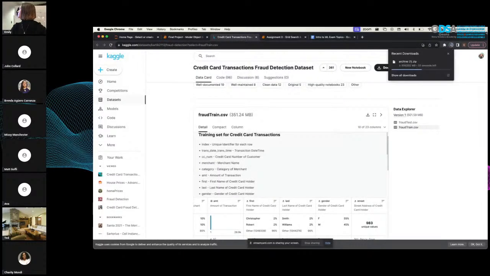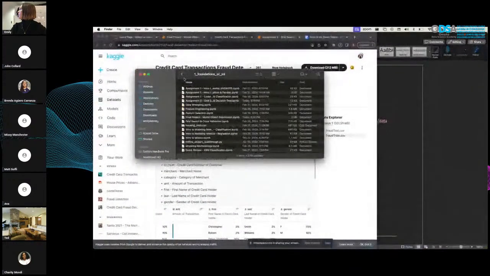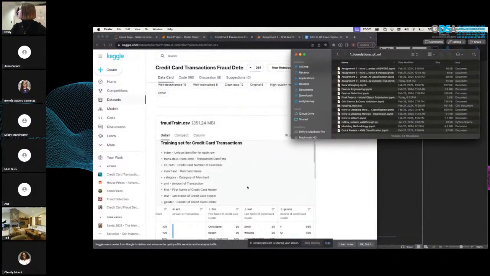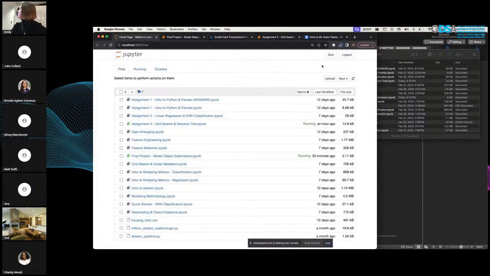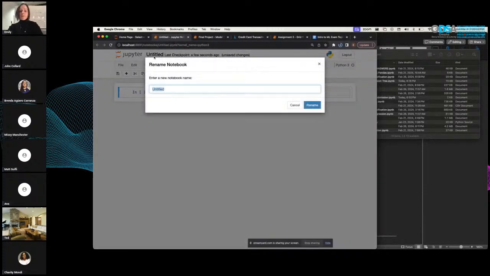Oh, it's a big data set. It will take a moment. I don't know if I can put this on Git. It might yell at me. Okay, that will take a second. So in the meantime, I'll make a new notebook. Let's go new. I don't have a notebook for this. Then we're going to call this fraud logistic regression.